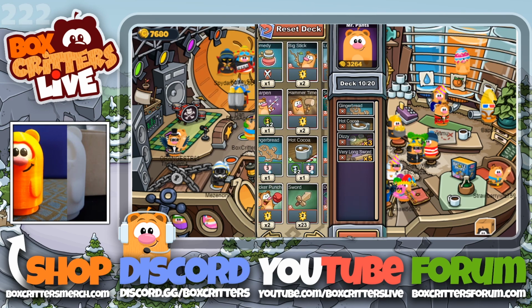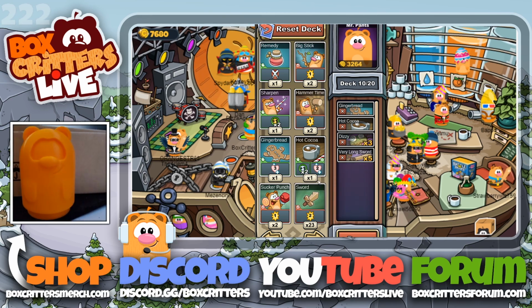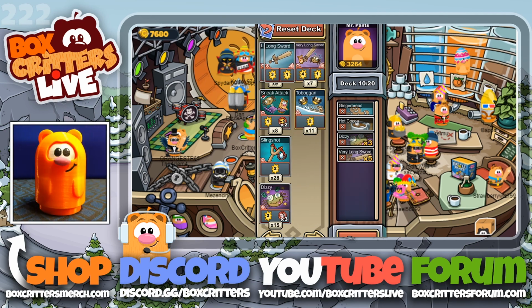But step 1, if you're just starting out and you only have swords or you only have Sucker Punches, your first goal is simple. Get 5 swords, play the forest, get 5 swords, play the forest, boom. Okay, your next goal, replace all 5 of your swords with long swords. Once you have that done,